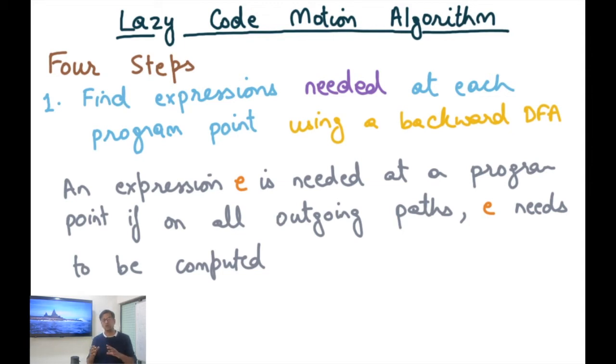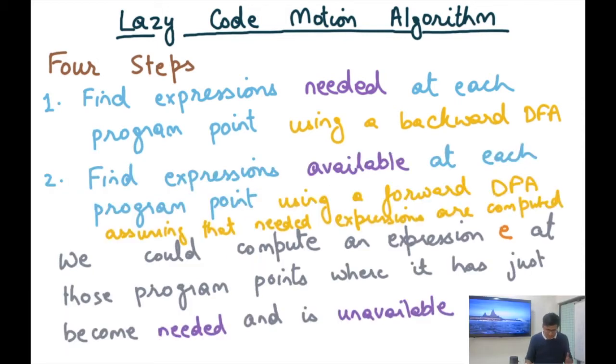So a copy of E should be placed at a basic block only if it was going to be computed on all the outgoing program paths in the original program. Because if it's not being computed on all the outgoing program paths, then on some program path we would have computed it unnecessarily. It wouldn't have been needed on that program path, and I would thus have been violating requirement 2 of my partial redundancy elimination set of requirements that we discussed in the previous module.